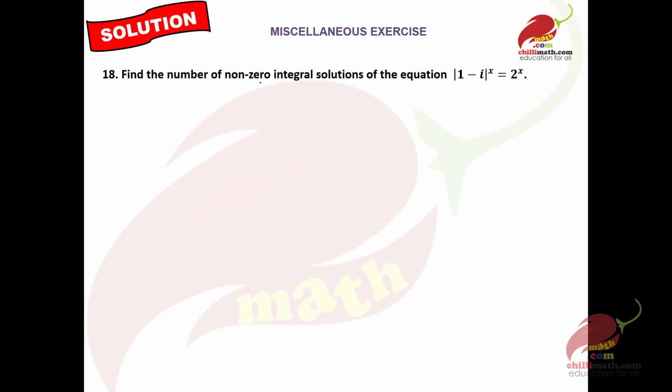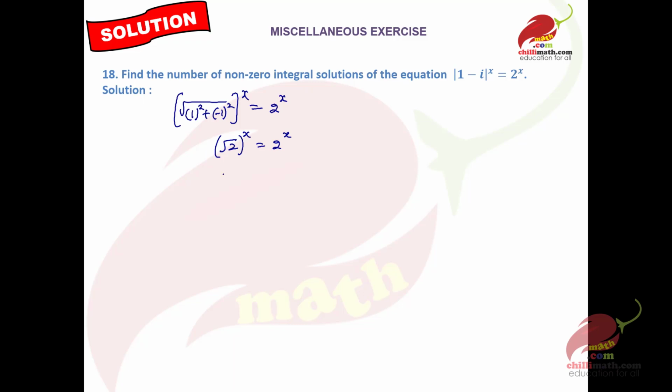18th question is find the number of non-zero integral solutions of the equation modulus of (1 minus iota) power x equal to 2 power x. So let's find modulus of 1 minus iota. Its modulus is square root of real part square plus imaginary part square, and its power is x, is equal to 2 power x. 1 square is 1, minus 1 square is 1, 1 plus 1 is 2, so this is root 2 power x